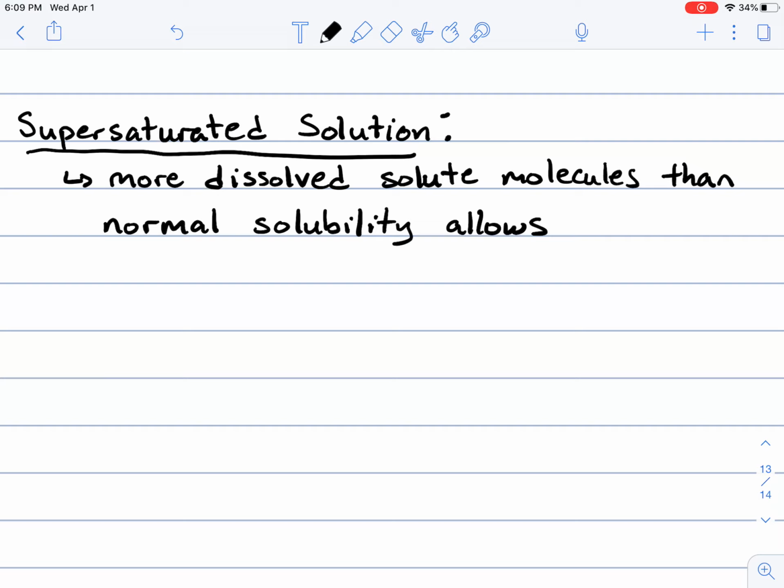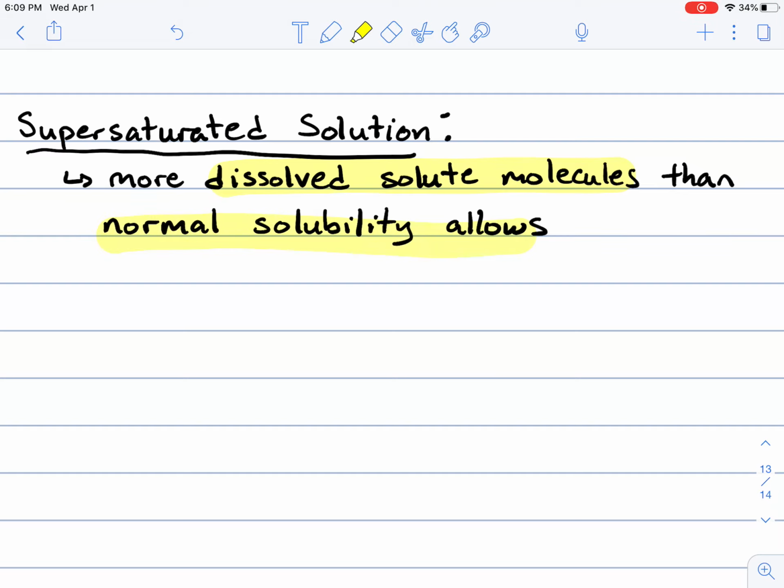And so the heat from the hot water is able to dissolve more solute than it should be able to hold at room temperature. And so what happens with the supersaturated solution is that you have more dissolved solutes than normal solubility